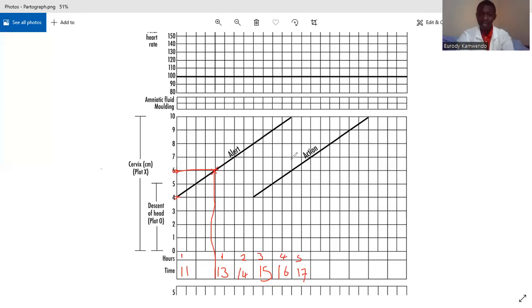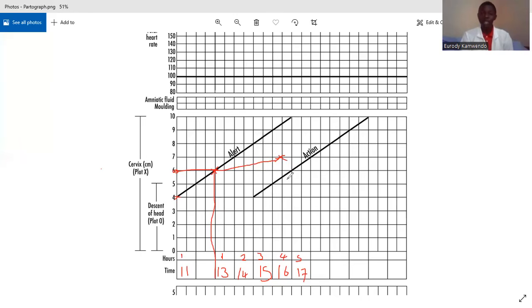After 4 hours, you find that this particular woman still has a dilatation of around 7 centimeters, meaning you may plot somewhere there. And you find that this particular graph has started shifting from the alert line. It is heading towards the action line. So in this particular case, you need to determine what is causing this graph to deviate immediately, because it could be maybe